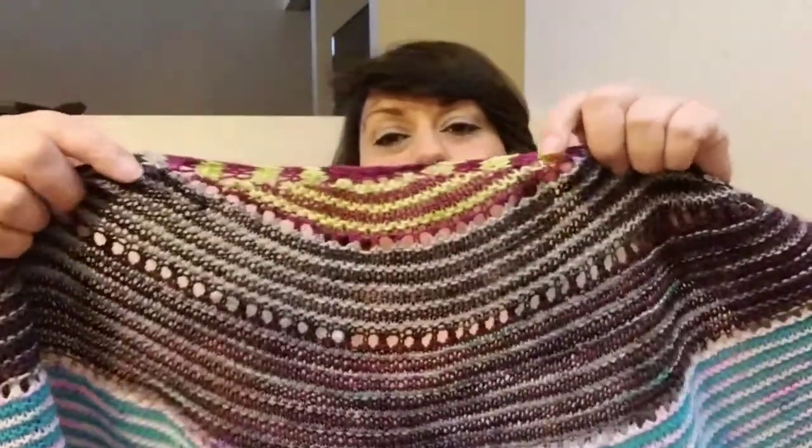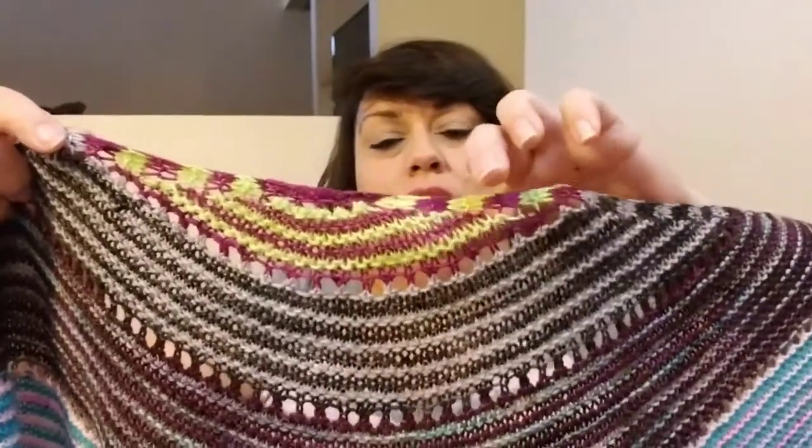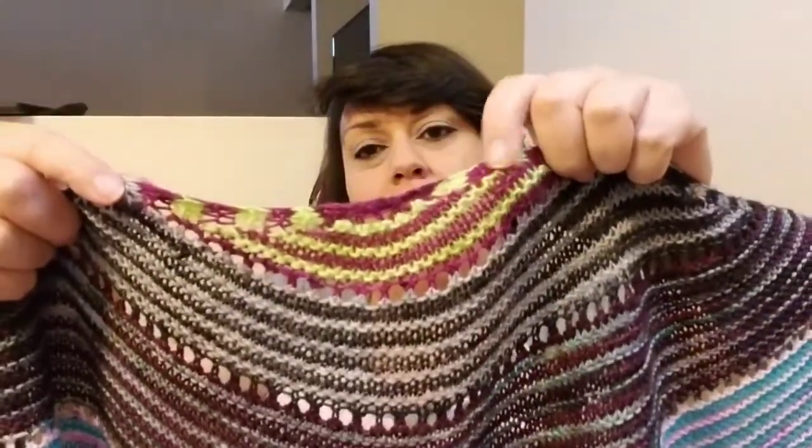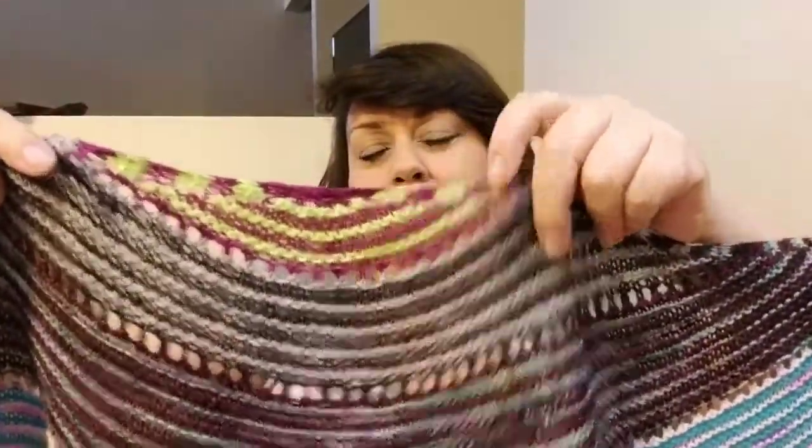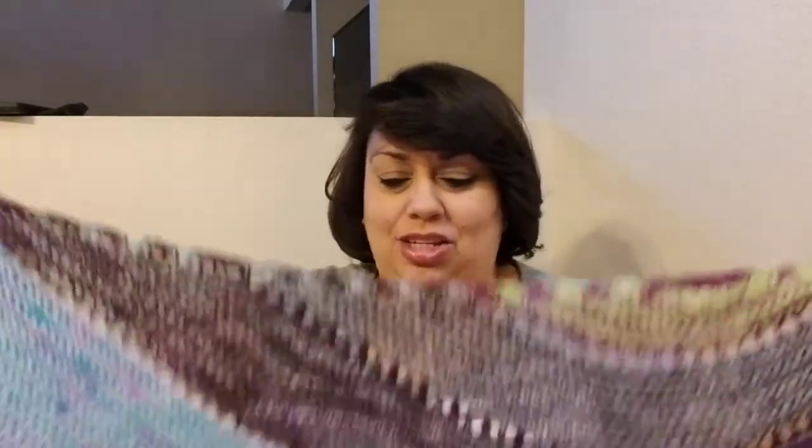Here's the bright green, and then I've got a bright green right at the beginning of the shawl. I think this is pickle juice from Stroll, actually. I don't remember what the purple is. That might be berry stain from Pendia's, but I'm not positive. But it kind of tied the whole shawl together to have the 2 greens and pinks together. So it worked out, and I really get so many compliments on this shawl,